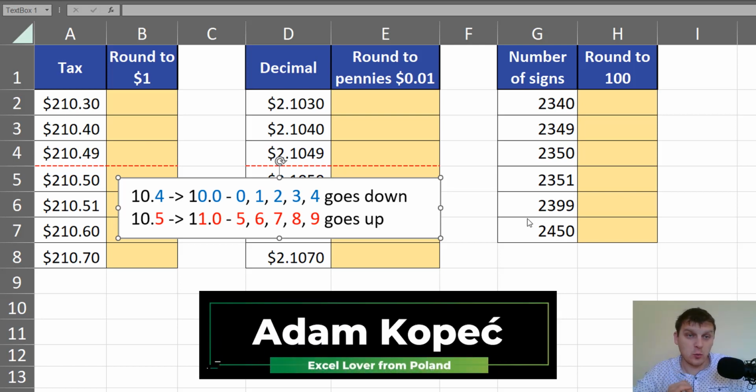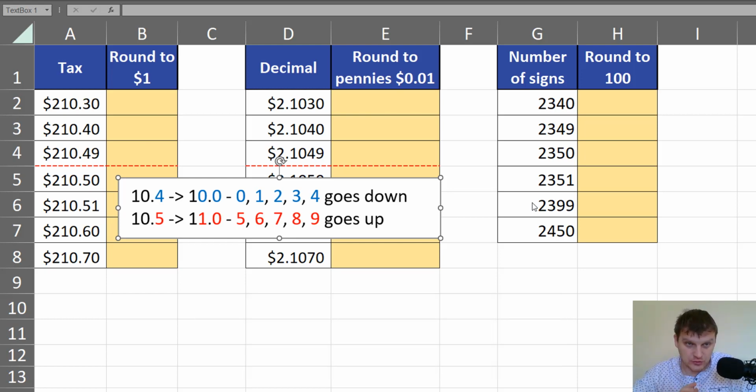Today we will work with rounding in Excel. It is a task because we have a proper function, but we have to understand how rounding works in Excel. So the most important thing is the most